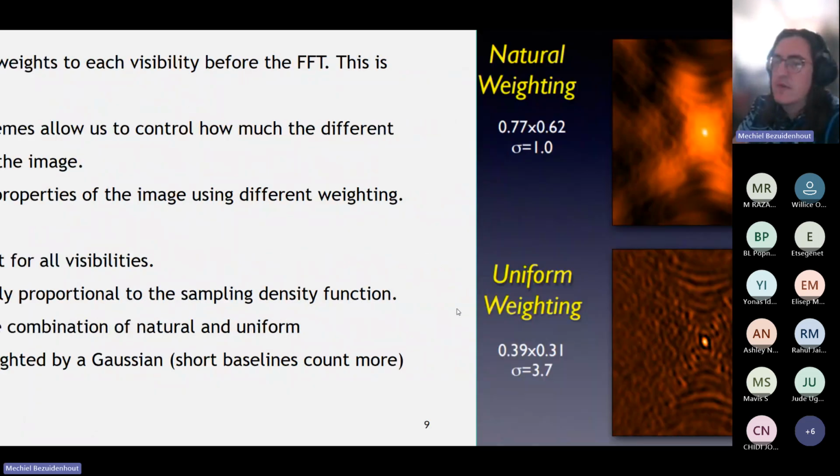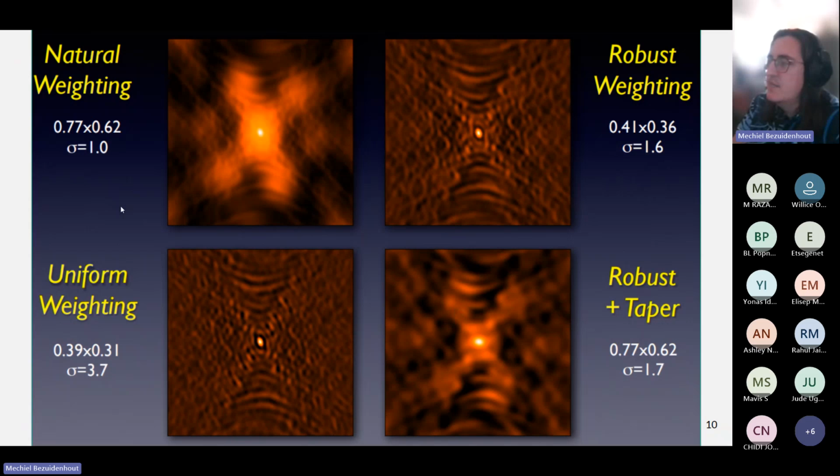So this is an example of images that you get using these different weighting schemes. You can see for each of these there are numbers at the side. The top one is the resolution of the image, so the size of a single pixel. And the bottom one, the sigma, is the variability, the variance in the image. If you have a high variance, a high dynamic range, then you are able to discern fainter details in the image. So the higher the sigma, the more sensitive the image is to small details,